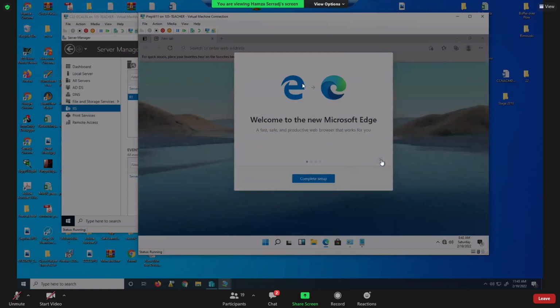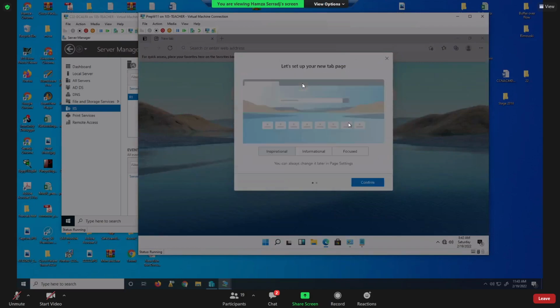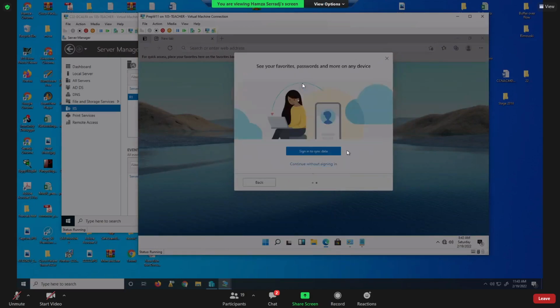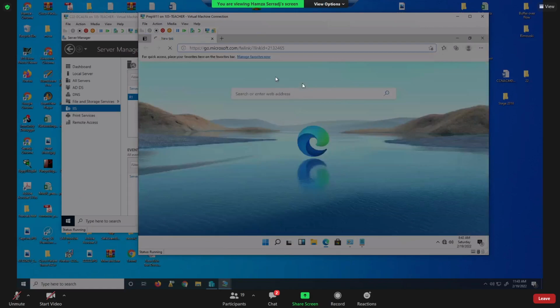Okay, it's coming. Taking time. Okay, complete setup, things, confirm, back, whatever. Okay. So Internet Explorer is good. It's funny. All right. Backslash